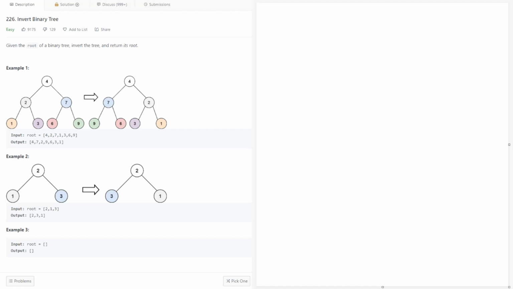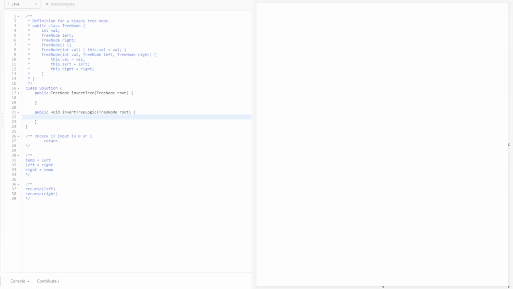This will take a tree node, which will be the root, and let me actually switch over to the screen so we can see what we're doing. So I'm going to make the second function. Basically, all I'm going to do in our main function is pass in root into invert tree logic,